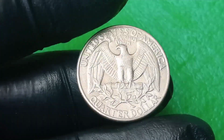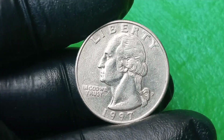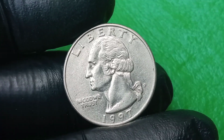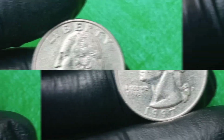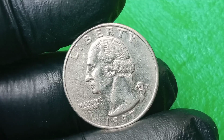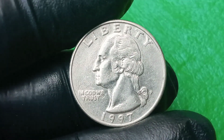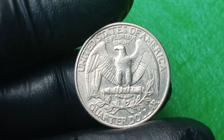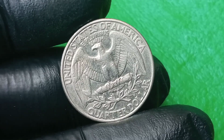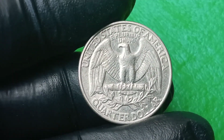And part of the reason why this coin has become so famous and valuable is the story surrounding its discovery, which according to reports began when an amateur coin collector in Pennsylvania, sifting through a jar of old change, noticed something odd about a 1997 quarter whose rim felt smoother than usual and whose images seemed slightly distorted, and upon closer inspection with a magnifying glass, and later with high-resolution macro photography, he began identifying the various error features and